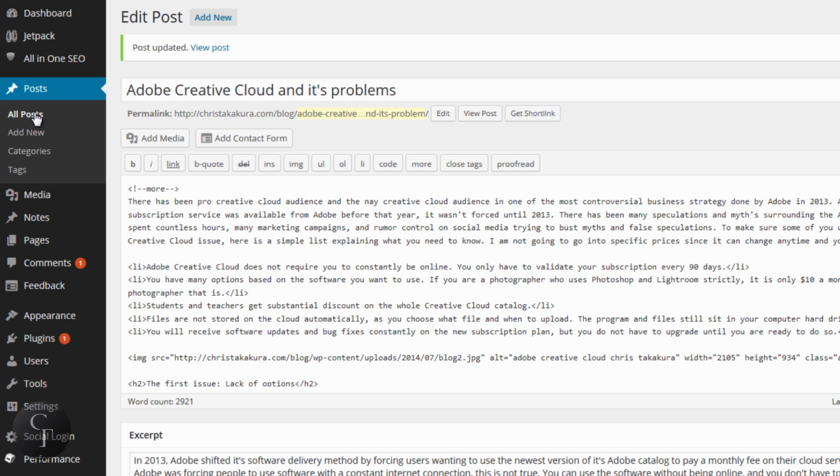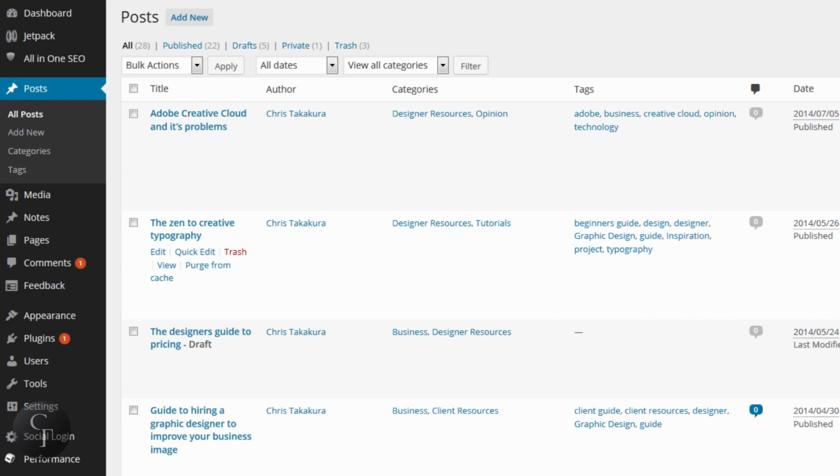Now let's go back to the list, our blog list. And as you can see, my SEO title has changed to Adobe Creative Cloud, and my description and my keywords. So that is one method of entering SEO separately with each individual article. This is a really good tactic to use in terms of search engine results. Just take the time every time you publish a blog. Take the time to put in the SEO title, SEO description, SEO keywords, because it will benefit you in the